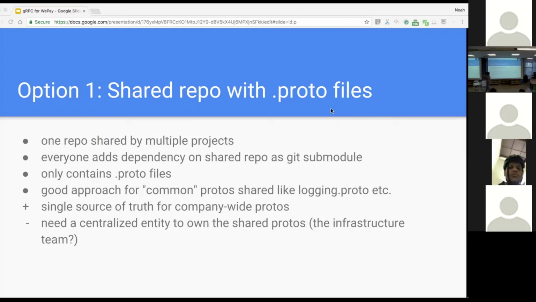The positive is that it's a single source of truth. The negative part is that you need a centralized entity to then own this. Which infrastructure team is going to own this? That becomes a big problem. And then who's going to commit changes to it? So then it becomes a big problem whereby